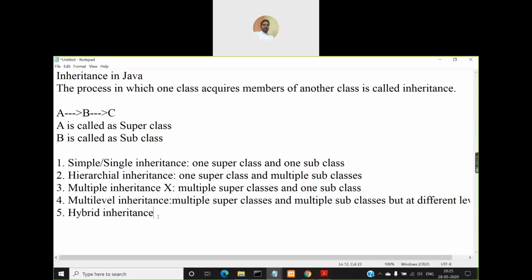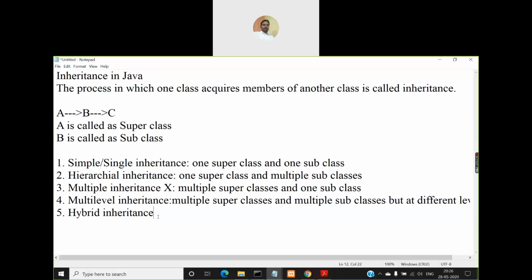And coming to the last one, hybrid inheritance, you can combine any types of inheritance together to form hybrid inheritance. The name hybrid itself means a combination of two or more types. So the first four inheritances that we have seen till now, you can combine them into different forms and get a hybrid inheritance, right? But that should not involve multiple inheritance.